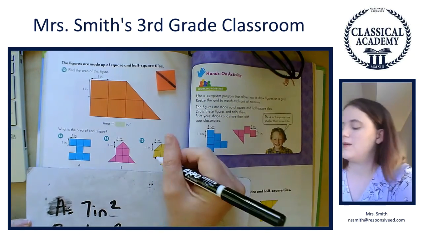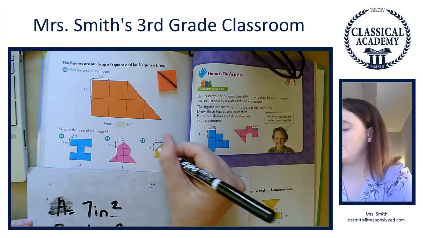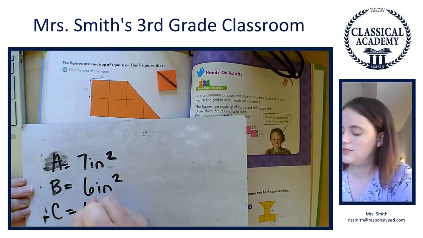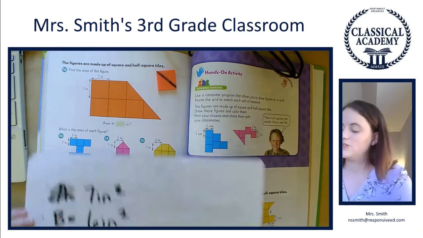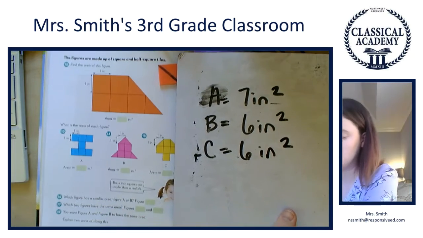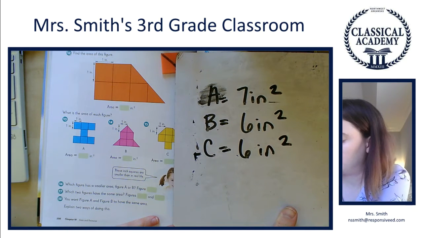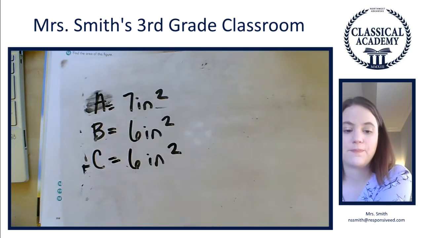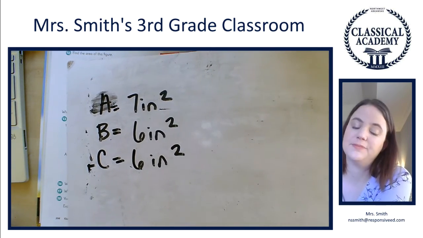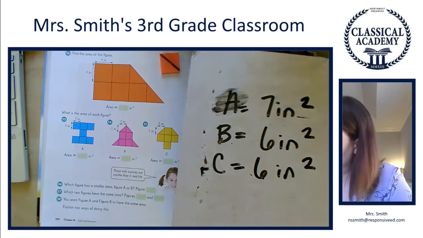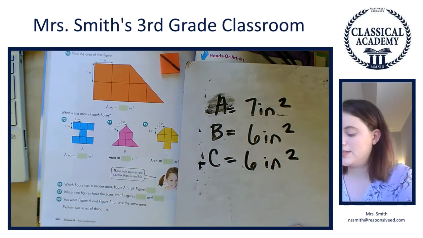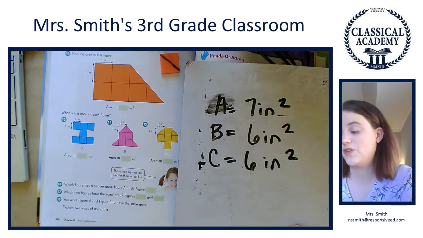C, 1, 2, 3, 4, 5, 6. 6 inches squared. Now let's look at those questions. Which figure has the smallest area? Figure A or figure B? B. Very good. Then it says, which two figures have the same